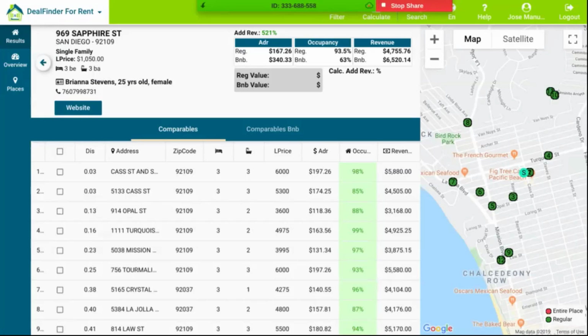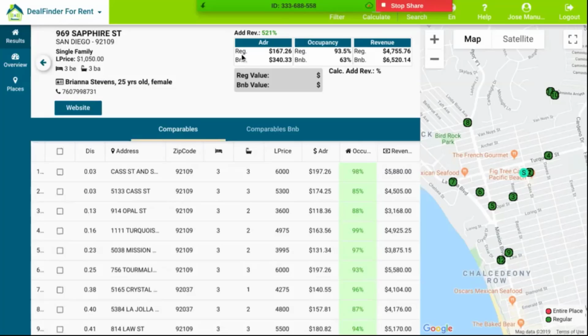It depends on the day, if it is a weekend or seasonality. There are so many things that can make you change the amount of money that you ask for daily. Of course, we can tell you a little bit more on how to calculate the average daily rate, or how much you're going to be asking for in a specific date. But the most important thing is, when you have the gross numbers, we can analyze it in that way. So here we have, for example, the property that we're looking at right now.